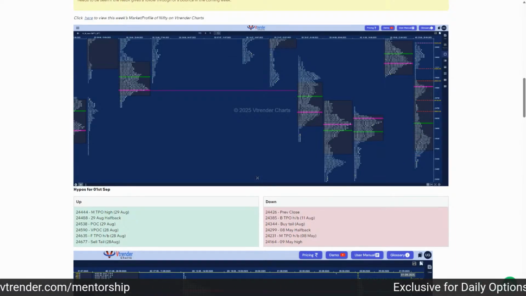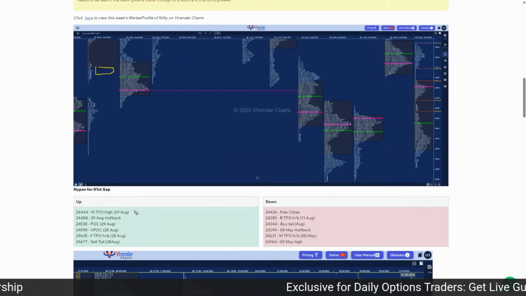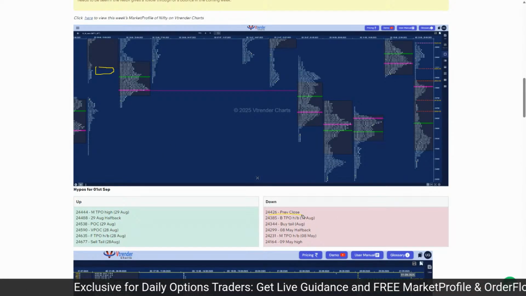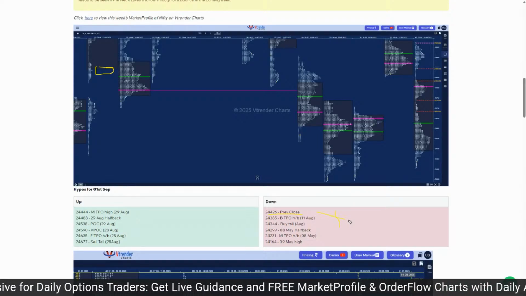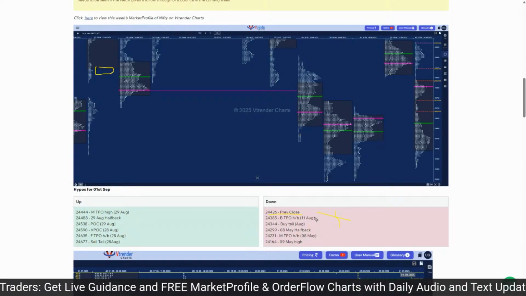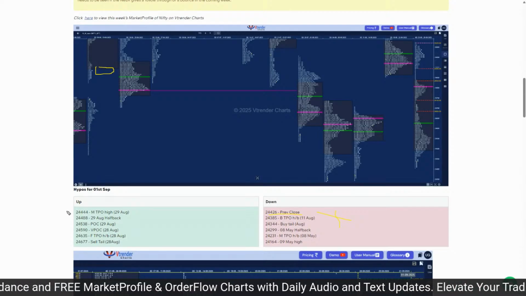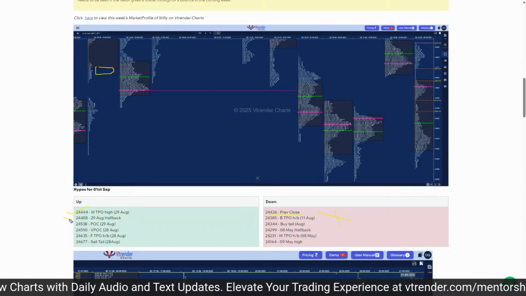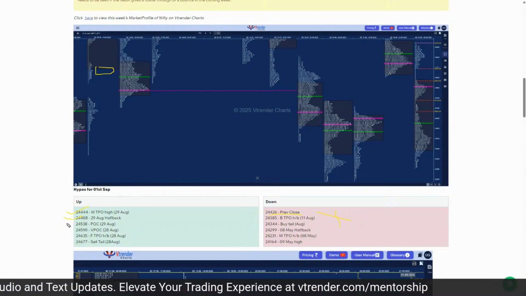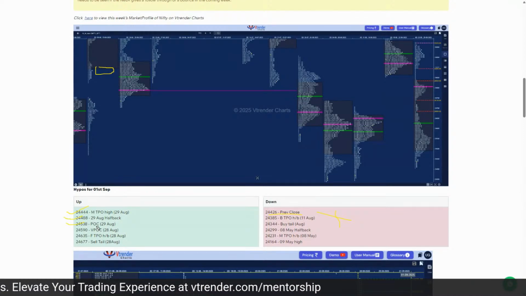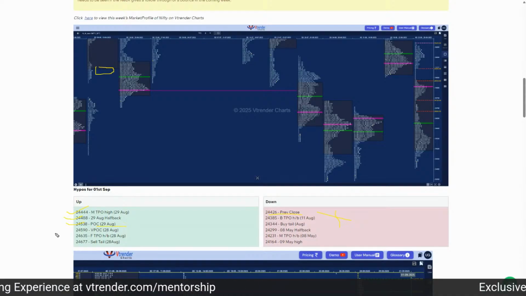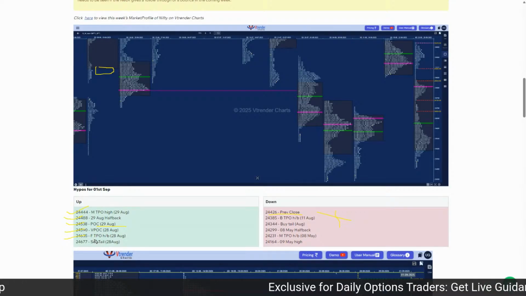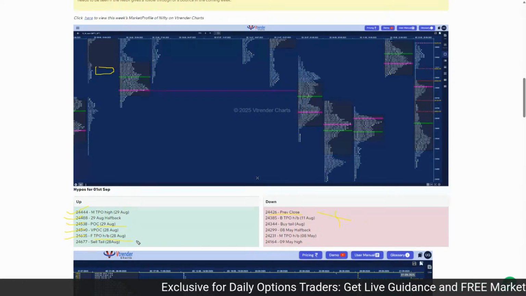So these were the hypos for today. We were bearish only below the previous close. So we never got below this today. So we did not have a bearish view today at all. As per the upside hypos, we got about 24444. We tagged this 24488, and then we got above the POC. We made a small stall over here, which was a pause, and then we took off, and today's high is right here, 24635.